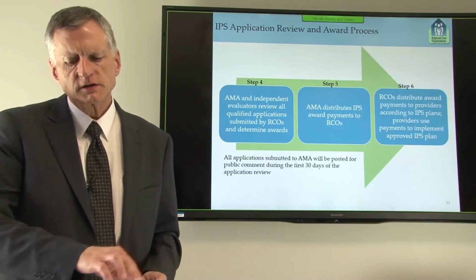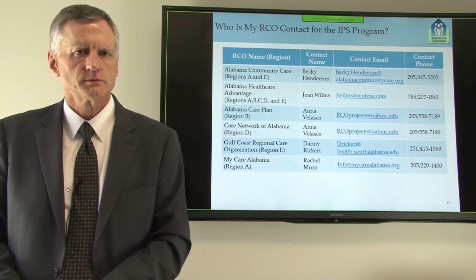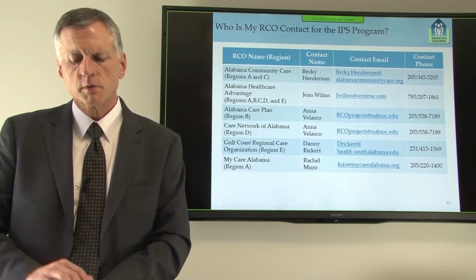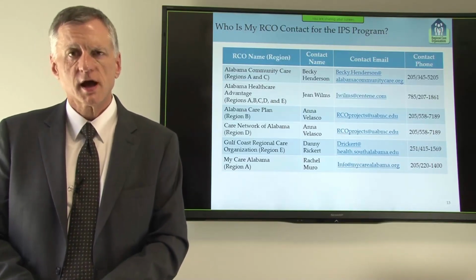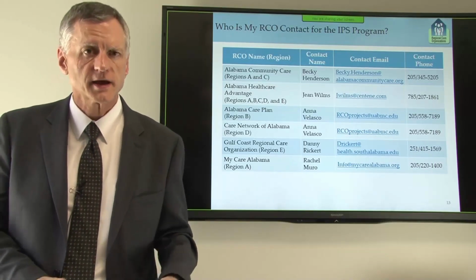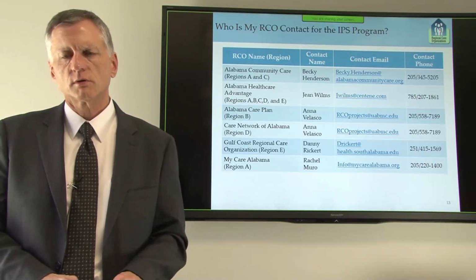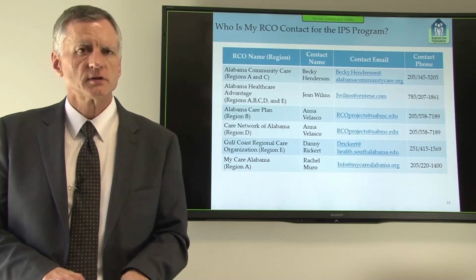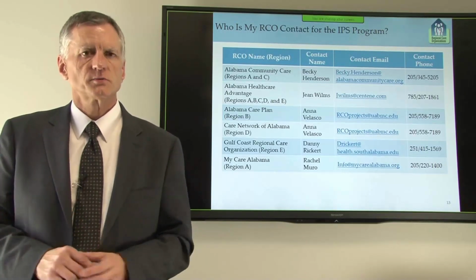The next slide talks about specific contacts for IPS programs. Obviously, it lists the various, what today are probationary RCOs and the regions that they cover. It lists their key contact name that those organizations have designated as being the key contact for IPS applications. So obviously they can give you information also and tell you how a given probationary RCO is strategizing to move forward and engage with providers.